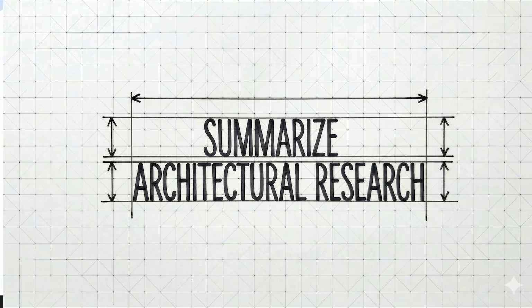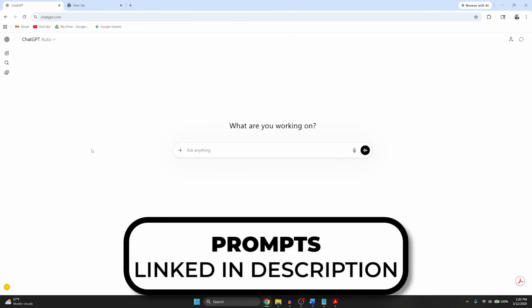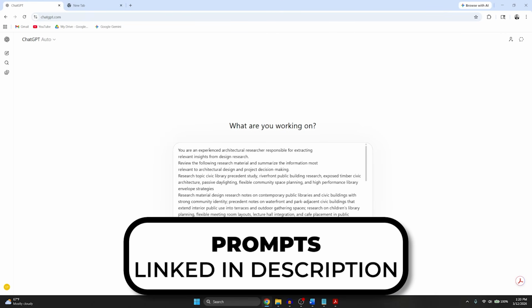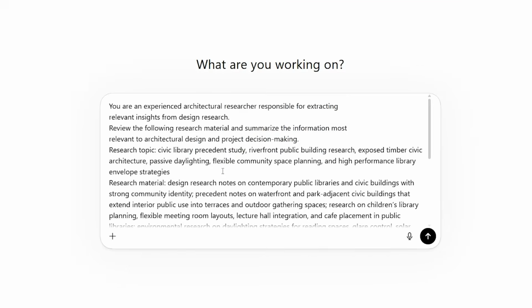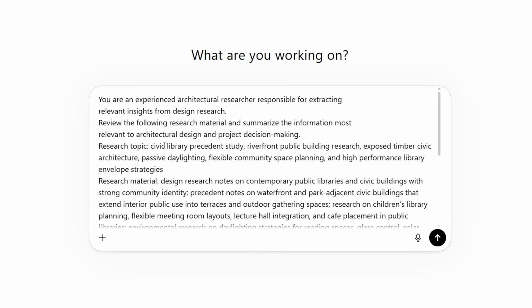Let's summarize architectural research. Copy and paste the prompt that's linked in the description below. Make sure to fill in all of the brackets. For the research topic, I wanted to research a civic library precedent study. I wanted to research riverfront public buildings, exposed timber civic architecture, passive daylighting, flexible community space planning, and high-performance library